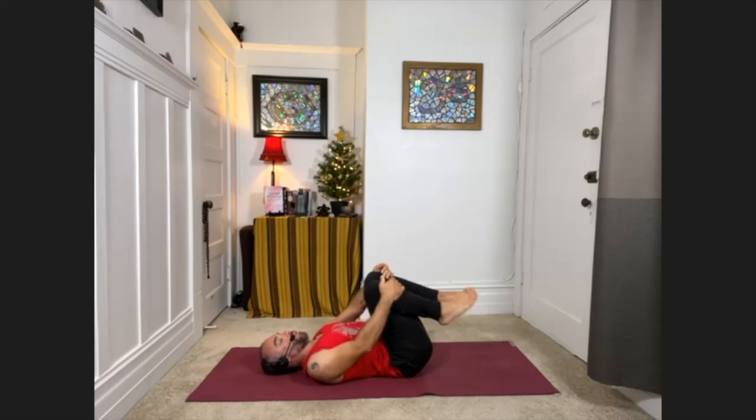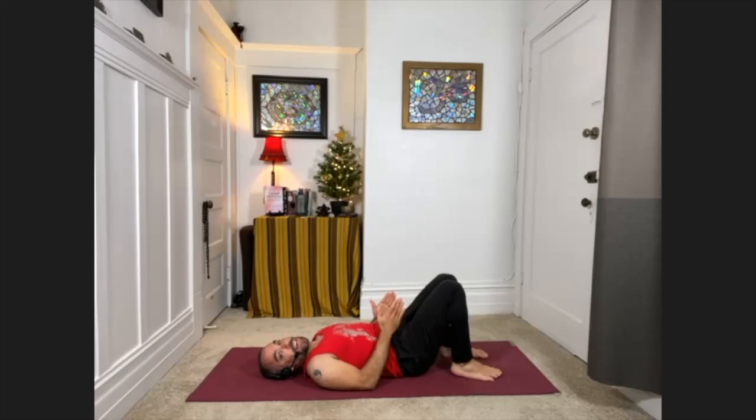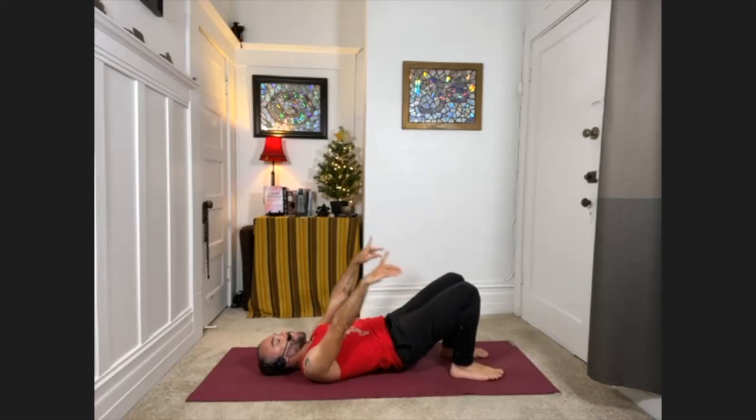When you are ready, please bring your feet flat to the floor, heels stacking underneath your knees, and have the feet about hip width. There we go. Feet are about hip width apart, prepping for bridge pose. I'll get there someday. Now with your next inhale, lift your arms all the way overhead again and pick up